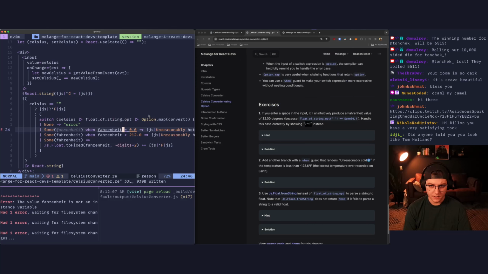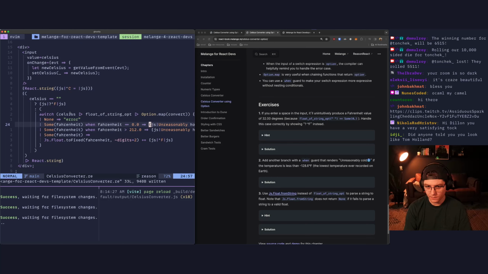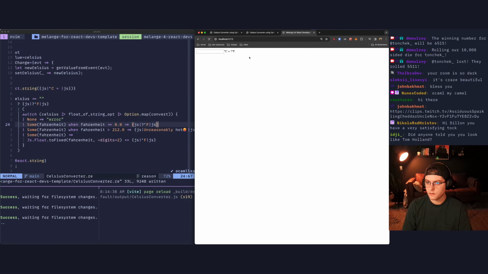Unused variable Fahrenheit, and we'll come over here and change this to, oh, that should probably be an equal. We'll change this to return our lovely Fahrenheit bit. So let's grab that, yoink, and swap that out. So now if we come check, we should be